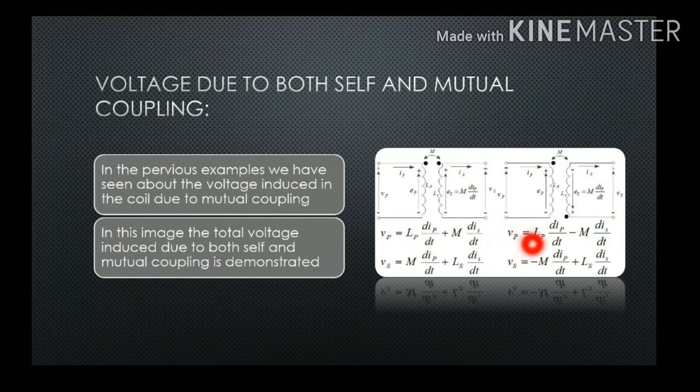This expression represents voltage in the primary coil due to the current flowing in the secondary coil. Here the negative sign comes since the current is entering at the primary coil but the current is leaving at the other coil, so that the fluxes are in the opposite direction, so that the voltage induced due to the mutual inductance will be negative, so that the negative sign gets included here. Similarly, the voltage induced in the secondary coil due to the current flowing in the primary coil would be in this expression.